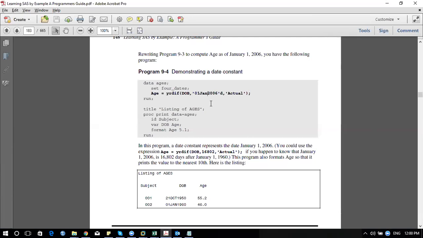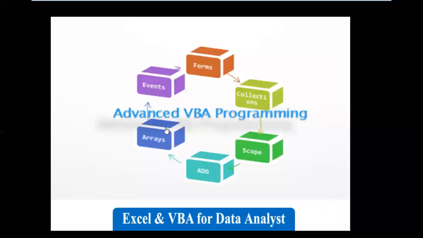And what is actual? Yeah, I'll explain the actual. So if you remember the concept, if you subtract one date from another date, what will you get? Number of days you'll get, correct? So in the backend, for a DOB, there will be a specific number of days calculated from 1960, correct? Number of days from 1960 for a date.